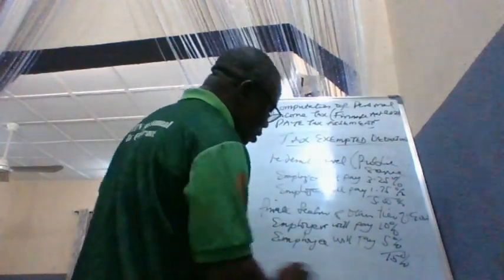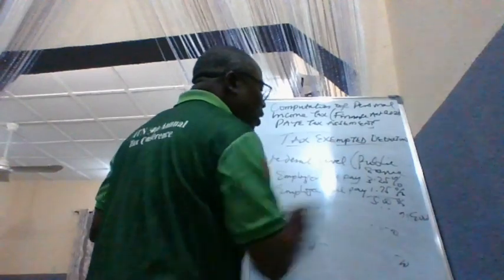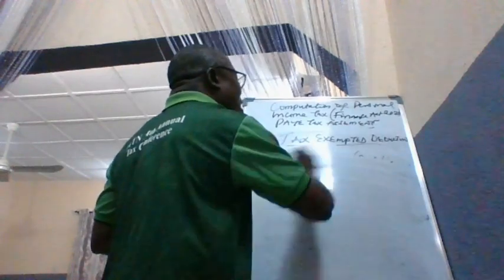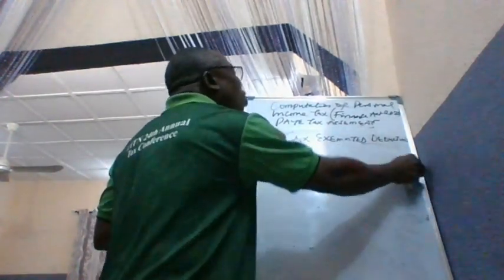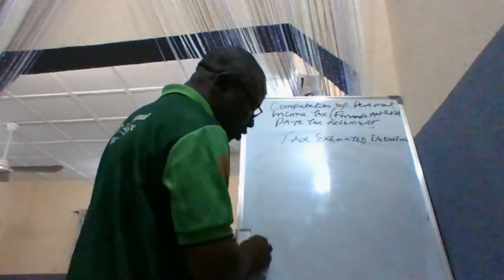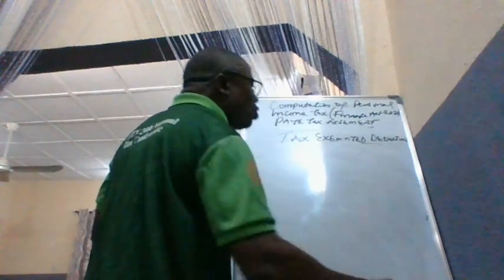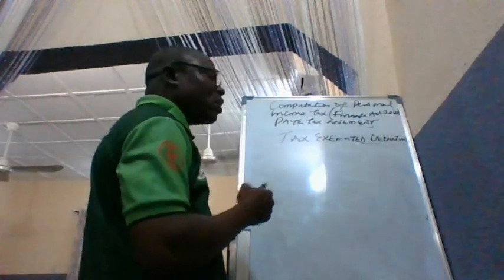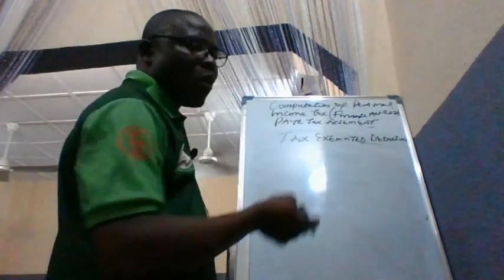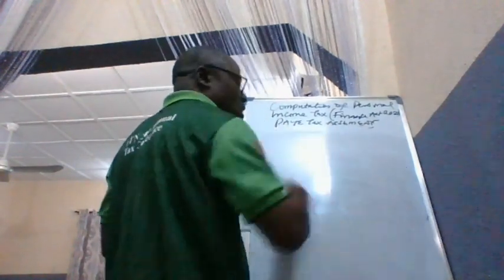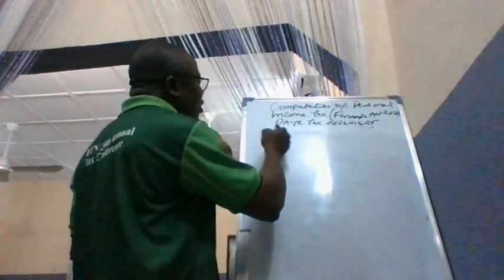Let's look at the consolidated relief allowance. We should remember that before now, or the advent of this law or the Finance Acts, there were some things that we were considering before the tax of employees was arrived at. We used to know what we call children's allowances, then dependent allowances, and wife allowances. But the Act here now has collapsed it and called it consolidated. So we're looking at consolidated